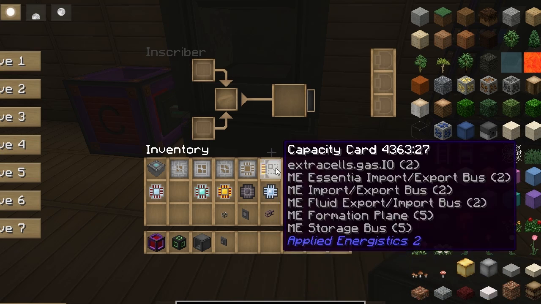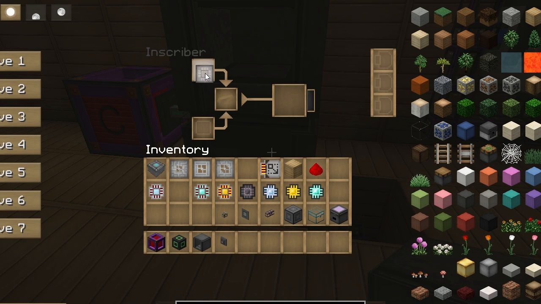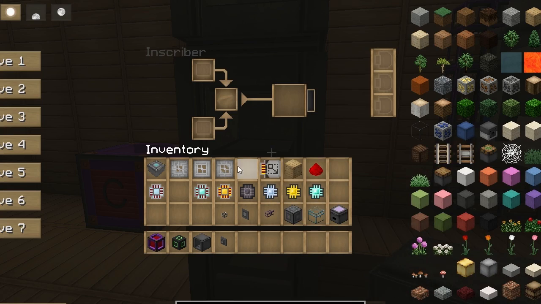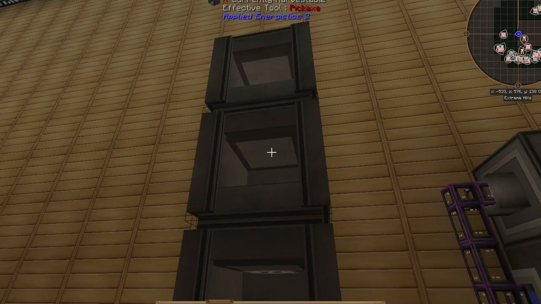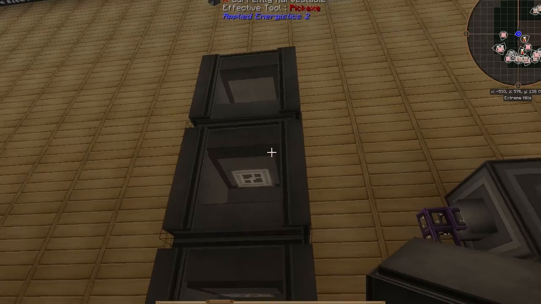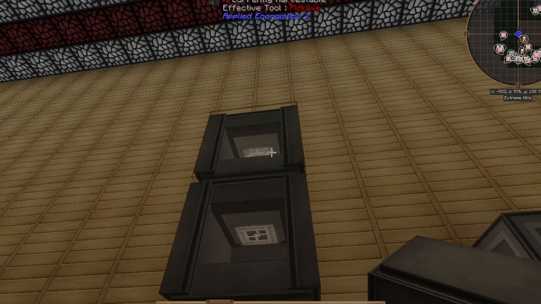Now we're going to set each of the inscribers for the material that it's going to use. This one's for silicone. This one's for calculation. This one set to logic,